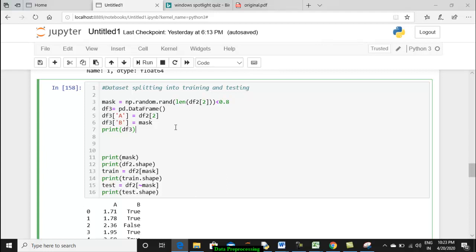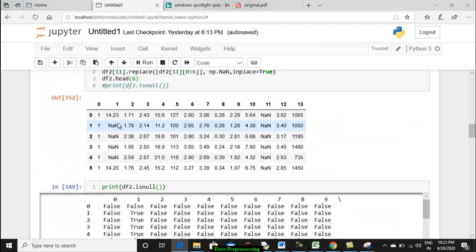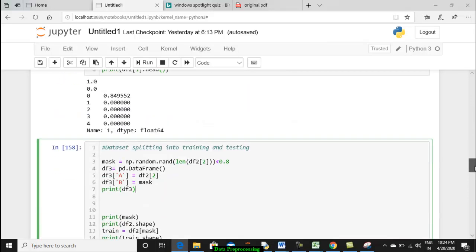Okay. So what is the concept? Let me explain it with this data set. I am going to create random values depending on the size of the data set. However many rows we have, for those I'm going to create random numbers. All your random numbers will lie between 0 and 1. Whenever the value is less than 0.8, I'm going to consider it to be in the training set. When the random number is greater than 0.8, I'm going to consider it in the testing data set. That's the concept I'm going to implement here.